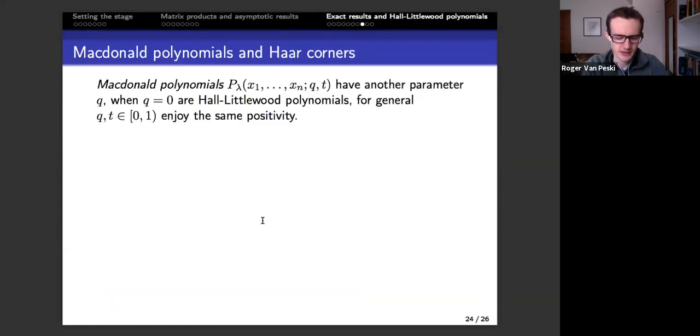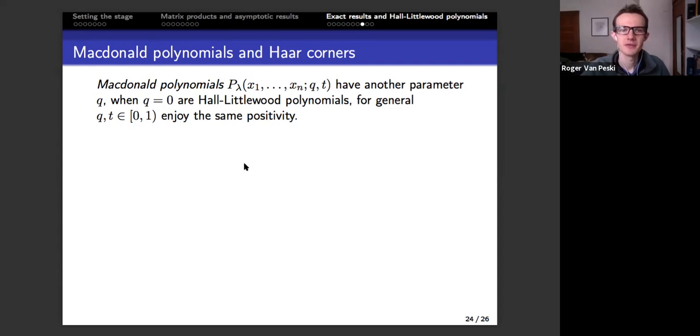So in my last 5 minutes, let me just talk about the structural analogies between this business and the singular values. I've been trying to highlight these analogies throughout the talk, but they're particularly nice within this symmetric function framework. Just a reminder, the Macdonald polynomials are another family of symmetric polynomials. They have an extra parameter q, and when q is 0, they're the Hall-Littlewood polynomials. But for general q and t in this interval, they have the same positivity properties that let you define these measures. Not just the usual Macdonald measures, but also